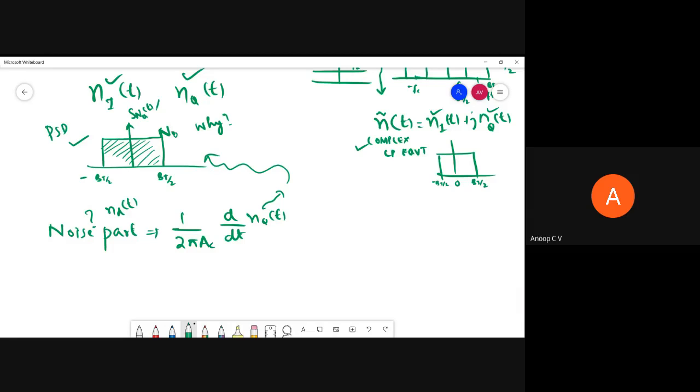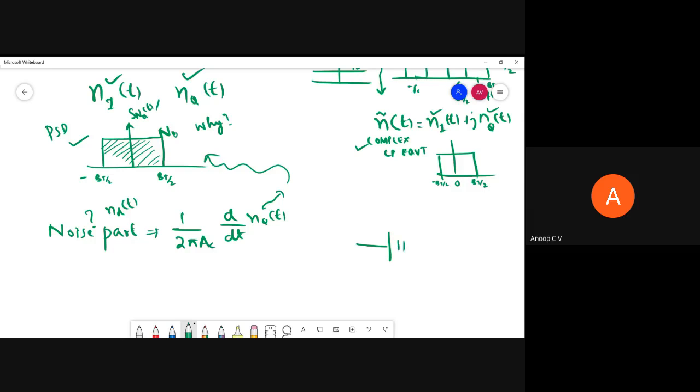Is there any way we can find out the power spectral density of this ND of t? Before that, we'll just recollect one very important result which we studied when we learned about power spectral density. If we have an LTI system,